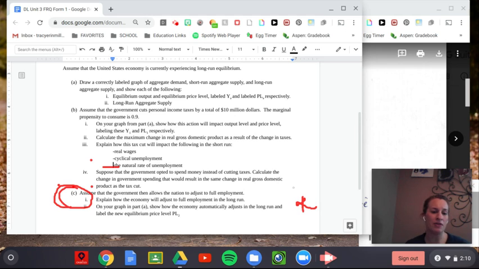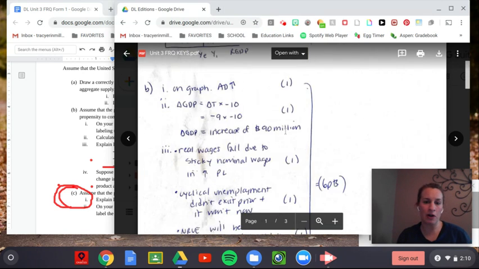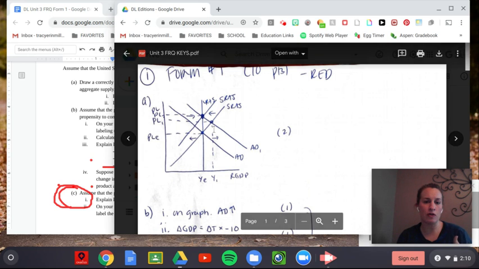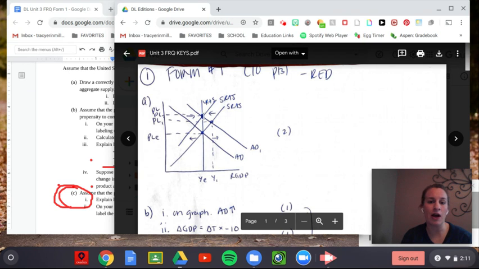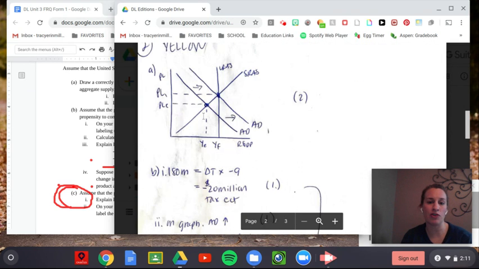Assume that the government then allows the economy to adjust to full employment. So all this happened, and now we're just going to leave it alone. What's going to occur? Going back to the first part of the question, we want to just read the graph. If prices are higher, how is short run aggregate supply going to shift? It's going to shift to the left, because we ask ourselves two questions: what do I know about input prices, and what do I know about productivity? All we know is that people are spending more money. So input prices went up and productivity is probably still the same, because we don't have any information about new technology or innovation. So if you look at the answer key here, short run aggregate supply would shift to the left. You got 1 point for shifting it to the left, and then you got 1 point, pardon me,